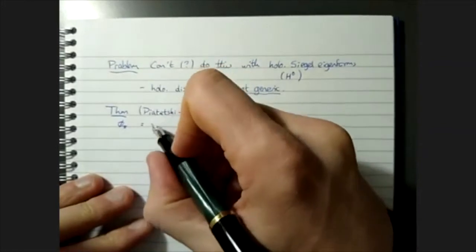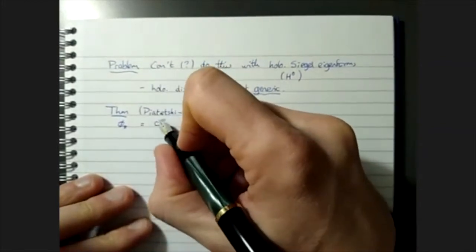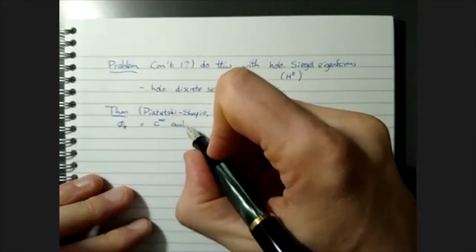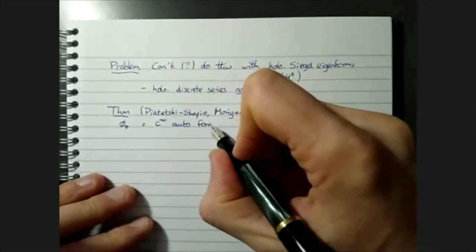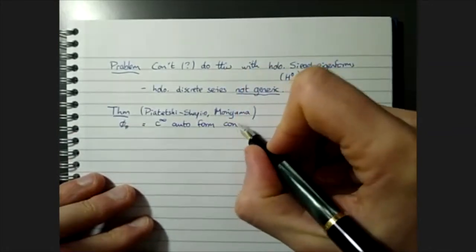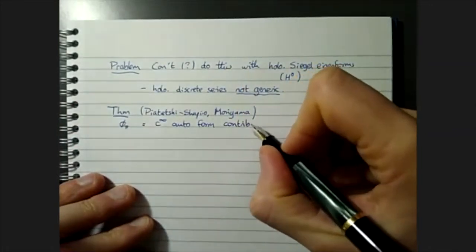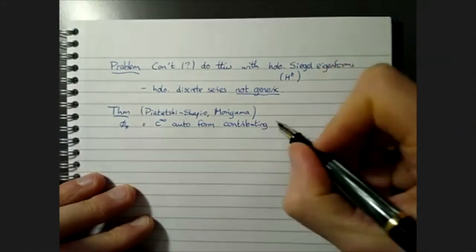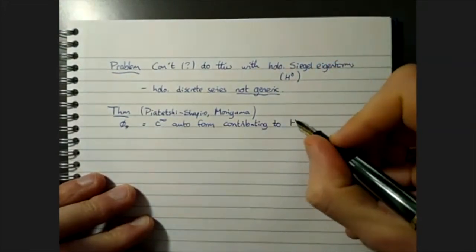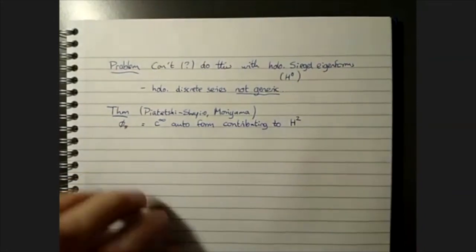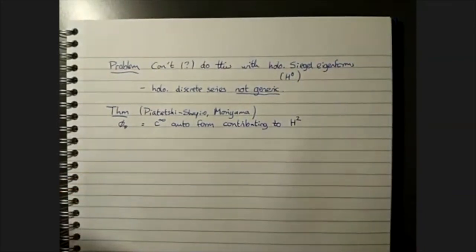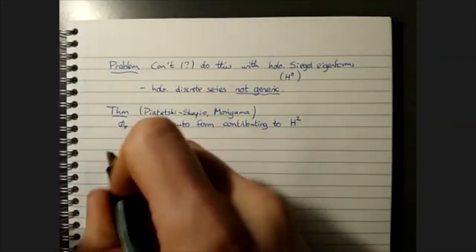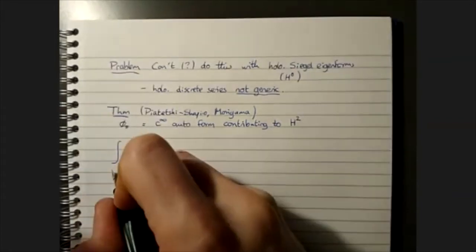So we take phi_pi to be some C infinity automorphic form contributing to H2 in the pi eigenspace, then you can integrate over a certain subgroup